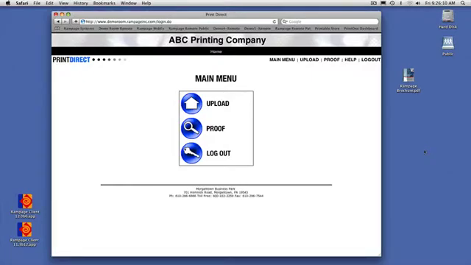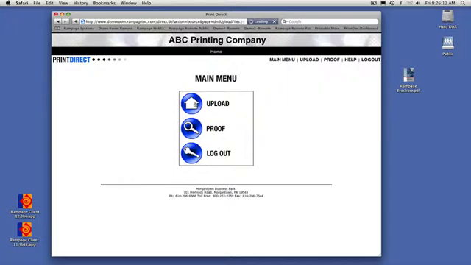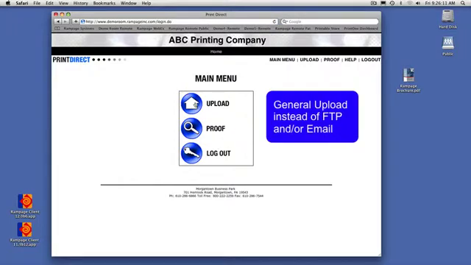In addition to online proofing, print buyers can use Rampage Remote for job submission. In fact, there are varying levels of automation that are now possible, and these will have application depending on the customer, the job, or some combination of the two. Let's start with the simplest, which is called General Upload, and, as you will see, combines the strengths of FTP